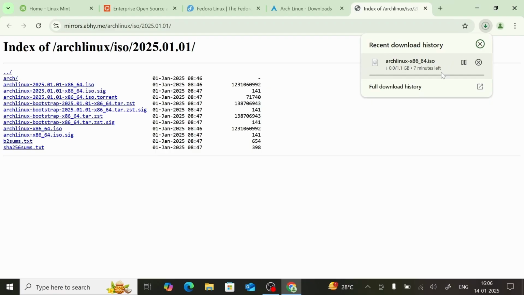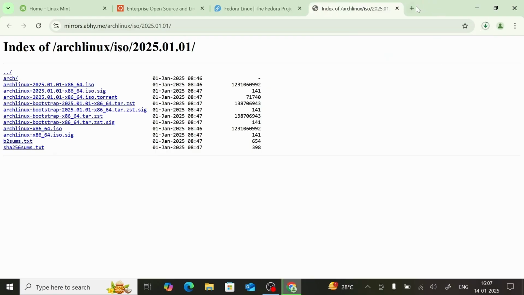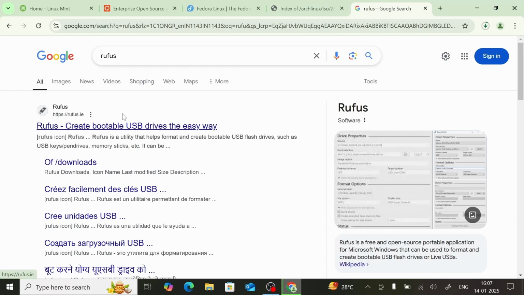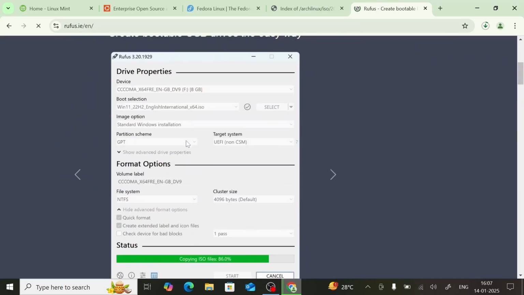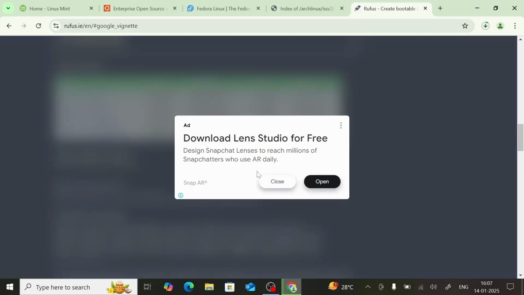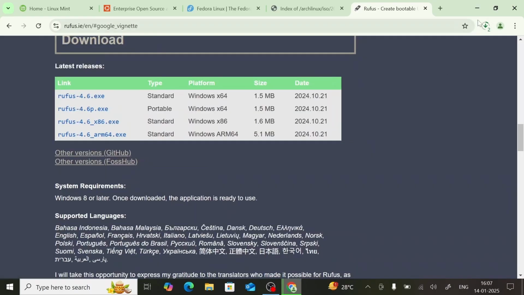It's downloading. Another thing that you will require is Rufus. It will help you create a bootable pen drive using the Arch Linux ISO that we are downloading right now. Let me install this as well.